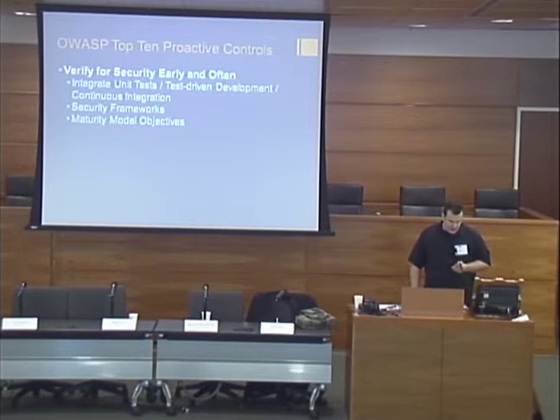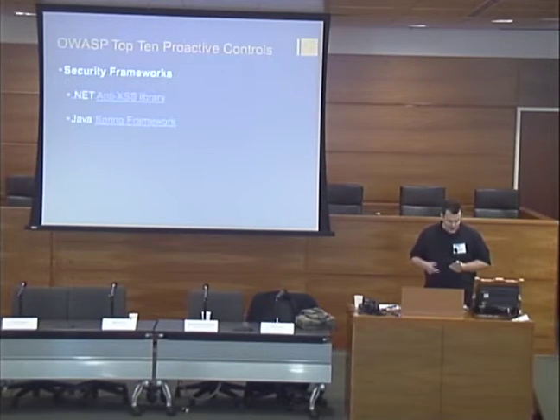As mentioned, utilization of frameworks and libraries has the advantage of employing good work that others have created, which adds a lot of value and time savings in leveraging a mature, tested code base for these functions. So if you're coding in .NET and you want to prevent cross-site scripting in your application, you can call the anti-XSS library, which is totally available for you to use from MSDN. Or if you have a Java code base and you want to make your application more resilient to attack, you could utilize the security features in the Spring framework.